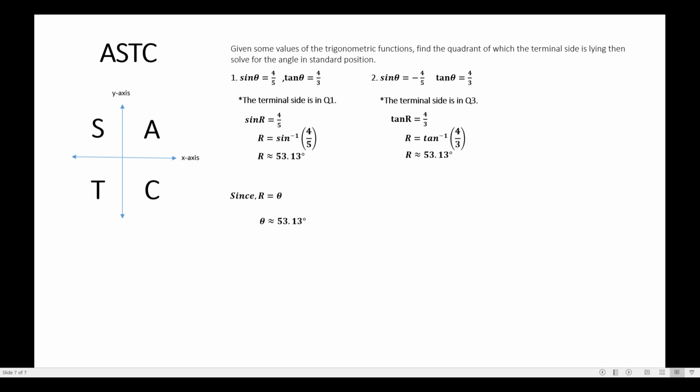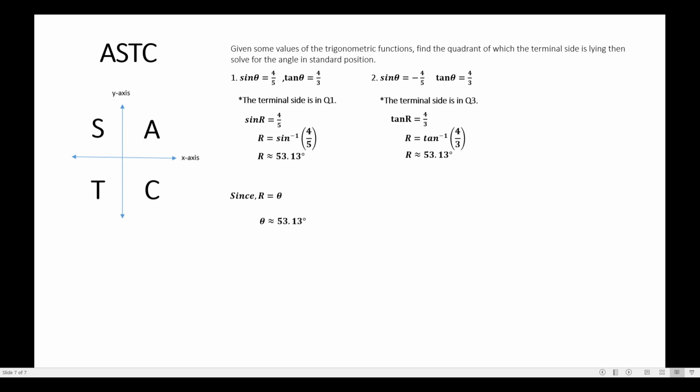So this is really important, right? It's really important for you to know the position of the terminal side, because without it, you will have the same answers in this case, but you have different scenarios. Notice that in this case, you have positive 4 over 5. In this case, you have negative 4 over 5. Then you might be asking, how did I come up with the same answers? So it's really important for you to know the position of the terminal side, because it's where you get